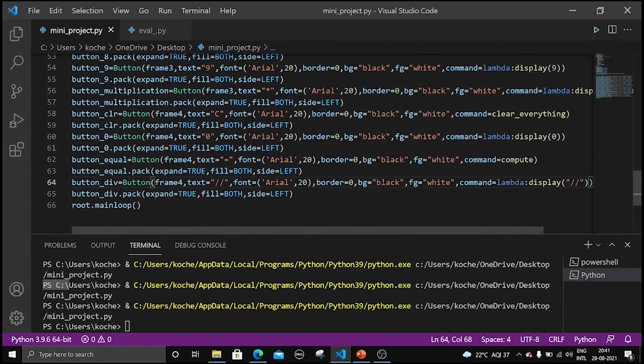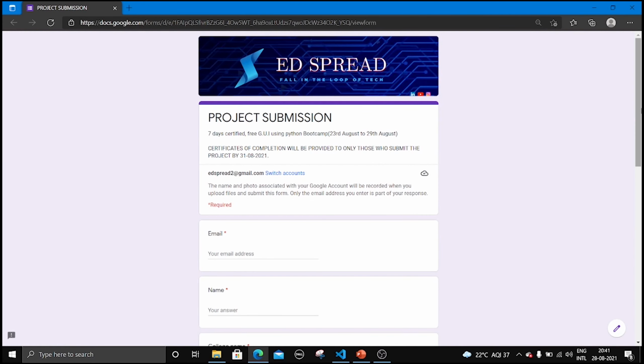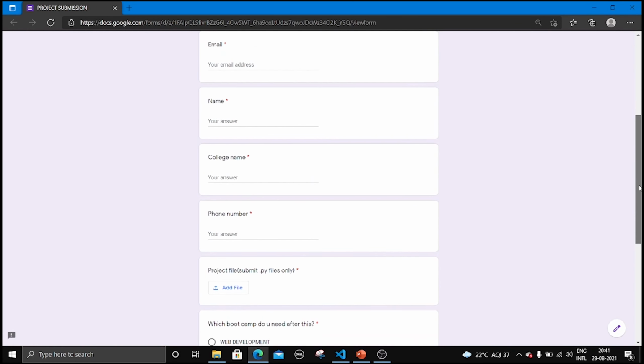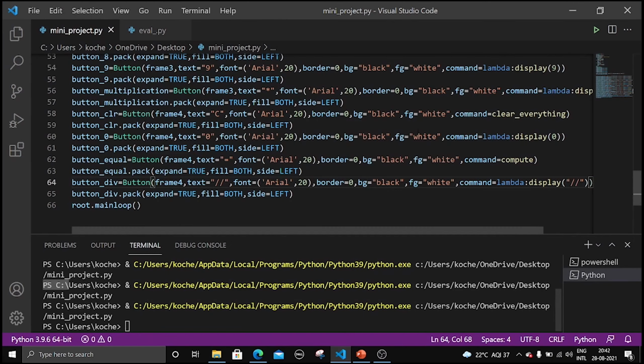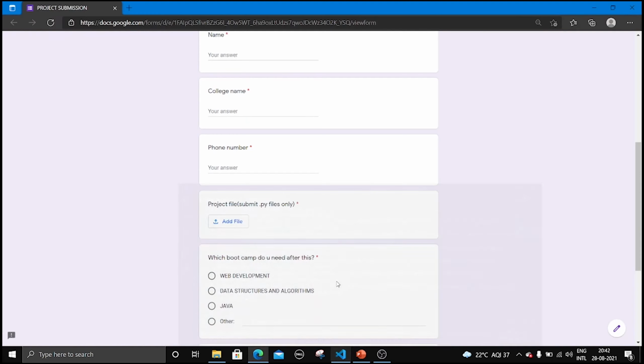After this, you need to fill a form. Let me show you the form. This is a project submission form. You need to write your email, name, college name, phone number, and upload your .py file. I will be providing you the total source code, and you just need to add two more buttons and two more functionalities, that is, any mathematical operation of your choice, and upload your .py file here.